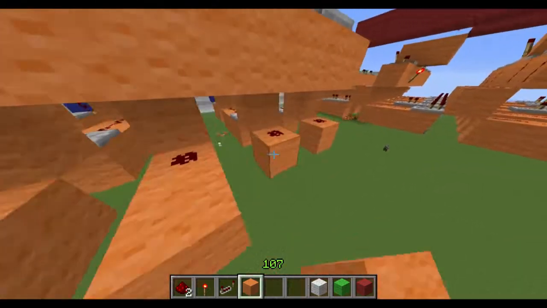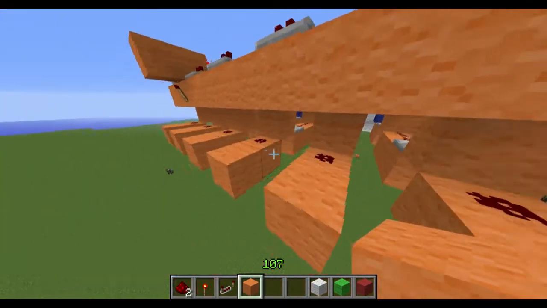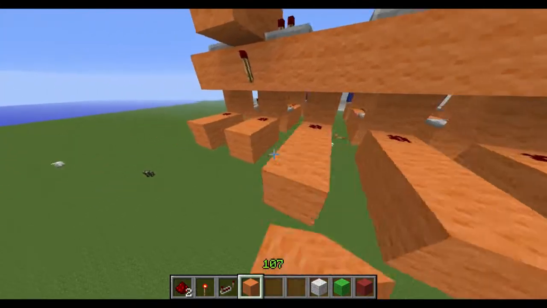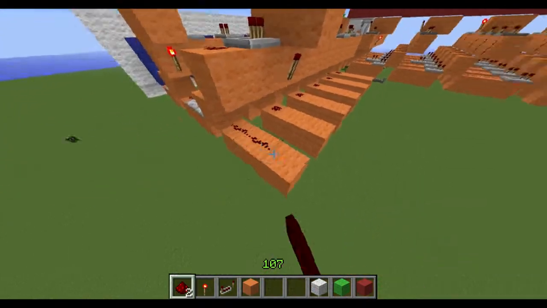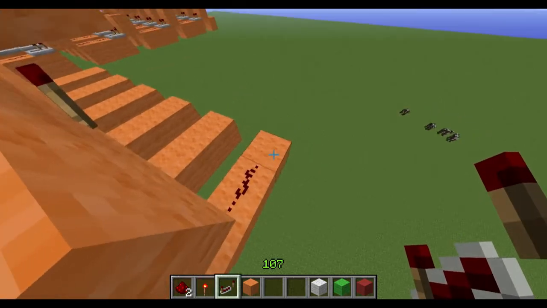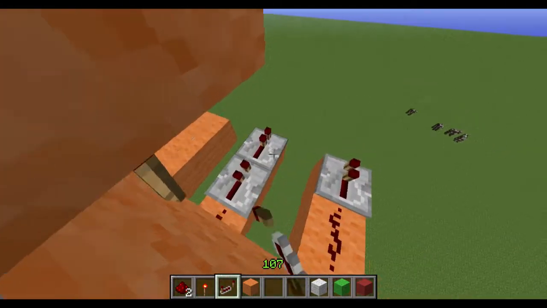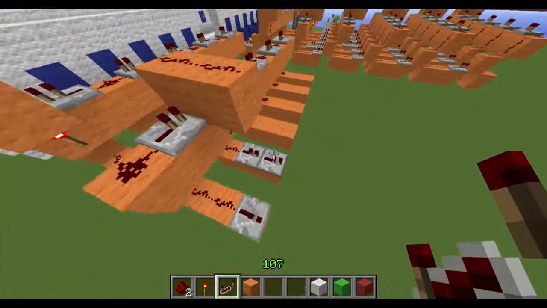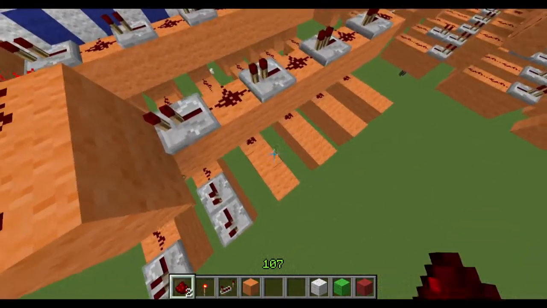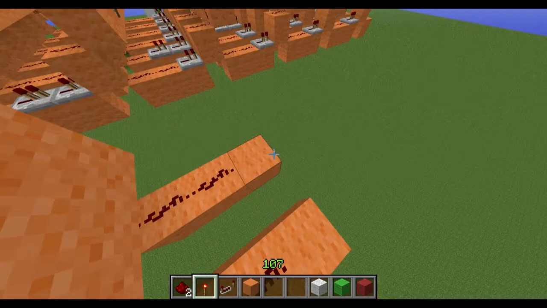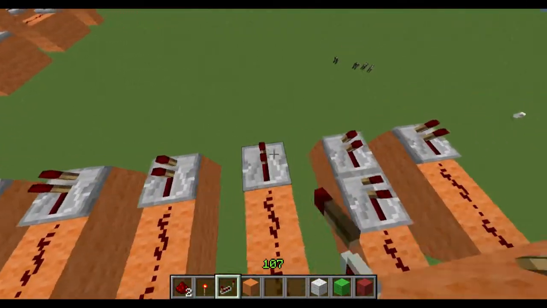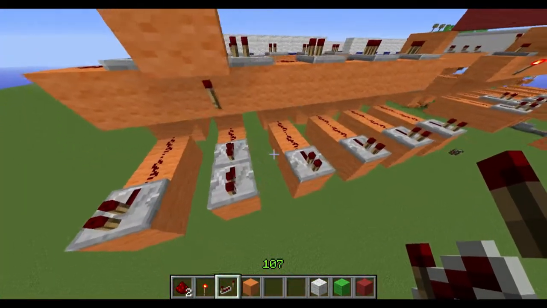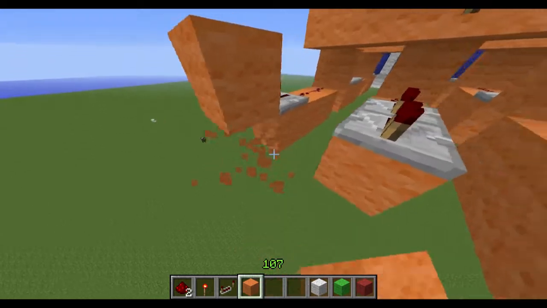You want to keep bringing these back. You want to have this 1 redstone, and then bring these back 2. On this, you want to bring it back with 1 redstone dust, and then repeater. But on the next one, 2 repeaters. Always on the T flip-flop, put 2 repeaters underneath it, so you don't have any loops or any weird powering phenomenon, bugs, whatever. So bring these up 1,